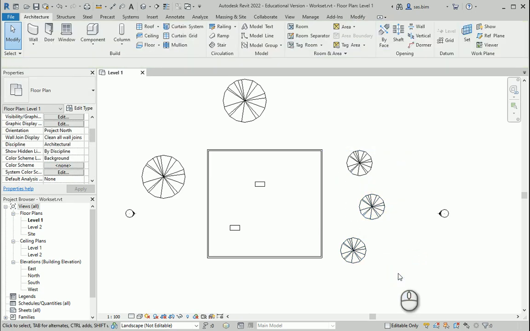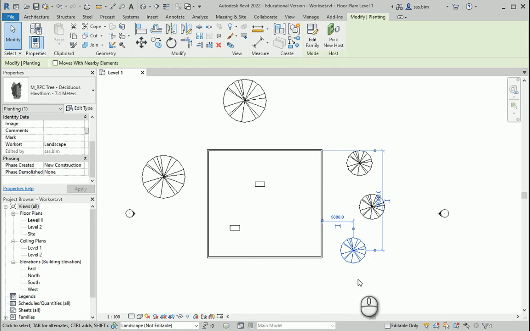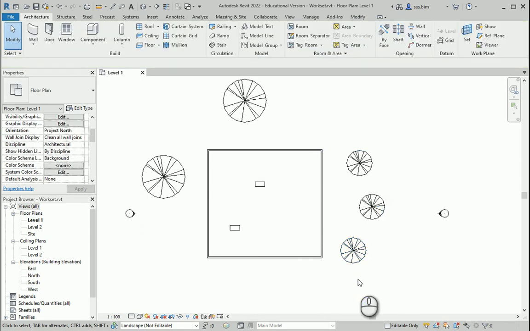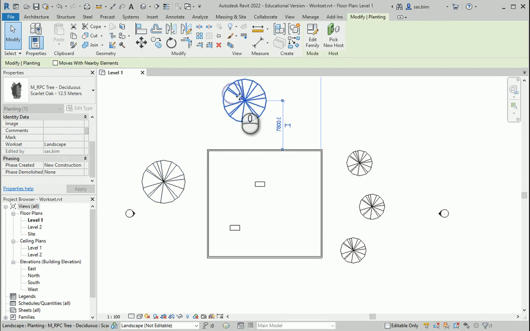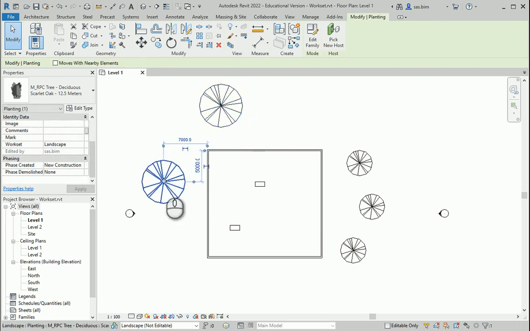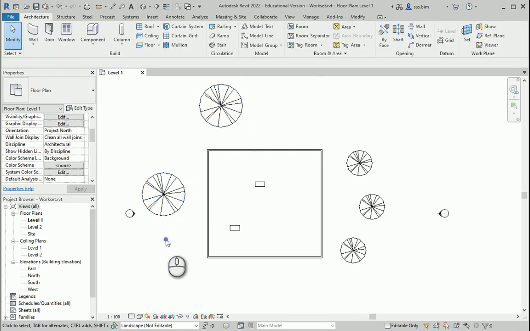So let's say if one of you works on interior design of the space, one of you works on landscape or something like that, you can go with two different worksets, so you accidentally wouldn't change something that the other person is working on. But if you are done with some part, you can relinquish elements so everyone can modify it. Even the older trees, if I want to move them, it's not going to ask to put a request because it was relinquished.